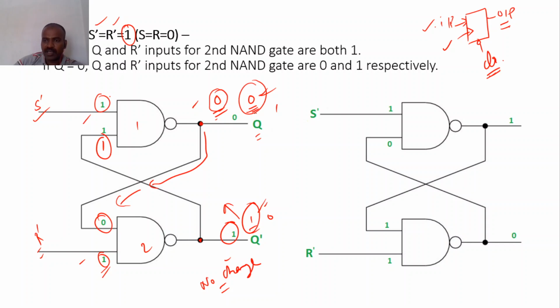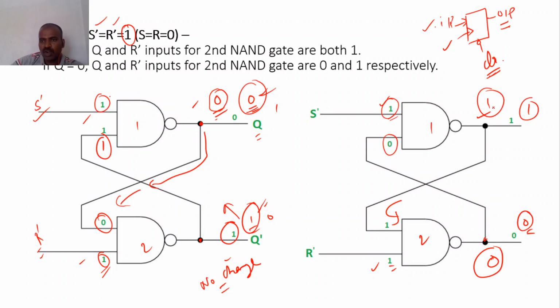This is the example for 0 1. Now I am going to take Q as 1 and Q bar as 0, with the same inputs 1 1. For gate number 1, one input is this 1, and the other input is the feedback connection coming from here, so the value is 0. Now 1 0 in a NAND gate is 1. This 1 comes as an input here, and already 1 is there, so 1 1 in a NAND gate is 0. Now the present output is 1 0 and the previously stored output is 1 0, hence it is no change.